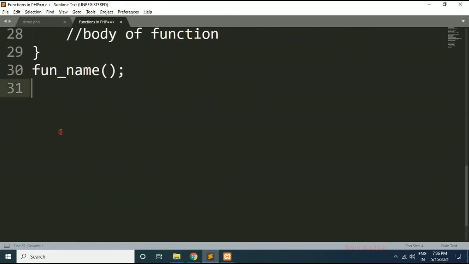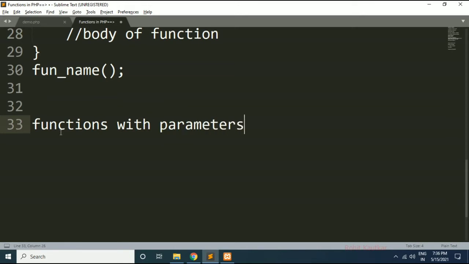Okay, so this was the first type. The next type we have is functions with parameters. Already we know what parameters are. Our function requires certain data in order to perform a certain task, a certain action. So we can pass our explicit data to the function in the form of parameters.